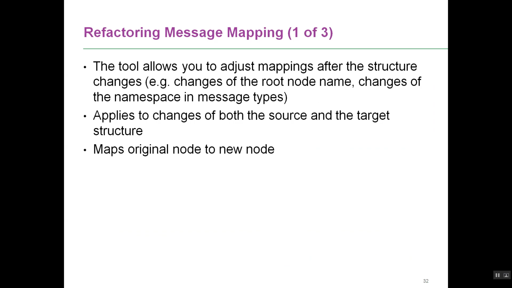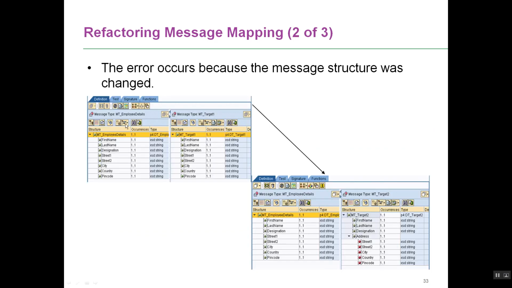Okay, so let's look at one more example. Let's assume that this was the other mapping. In the other mapping, you had first name, last name, designation, street 1, street 2, and so on, right? And everything was hunky-dory, and then you went ahead and made a change where you introduced this address segment. This address was not there before. You introduced this address segment,